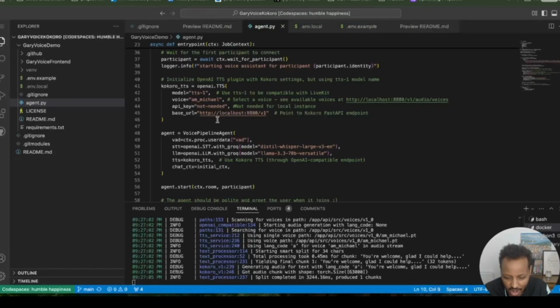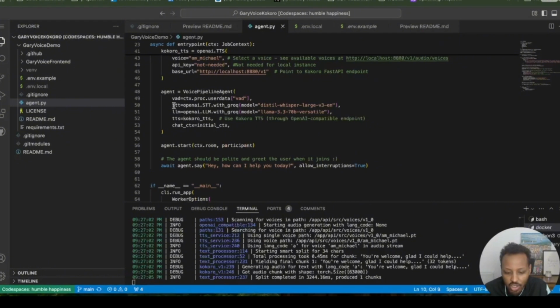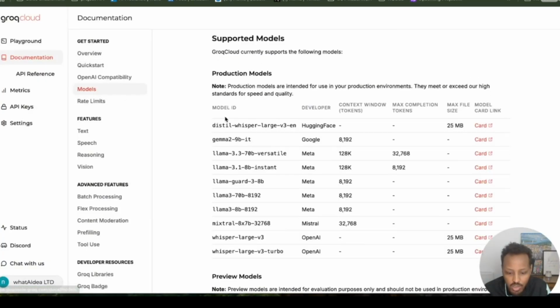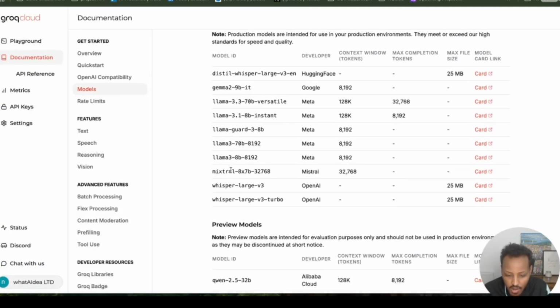And then now from a perspective of what's happening here, so you get to choose. So here I've put in the Groq model. I've chosen the Distill Whisper Large v3. So if we go to the Groq documentation and we look at models, you can see immediately, there it is, Whisper Large v3en, and then I've gone Whisper Large v3. You can see the developer is OpenAI. It's an open source version. As I told you already, Groq is a compute company, but now they're also doing inference, so they're doing API